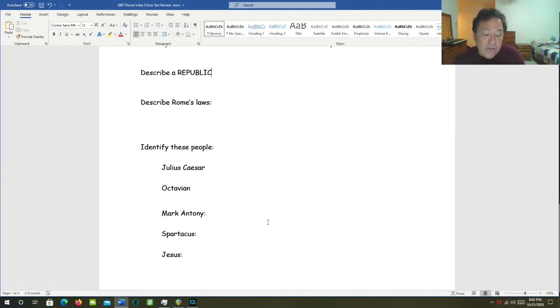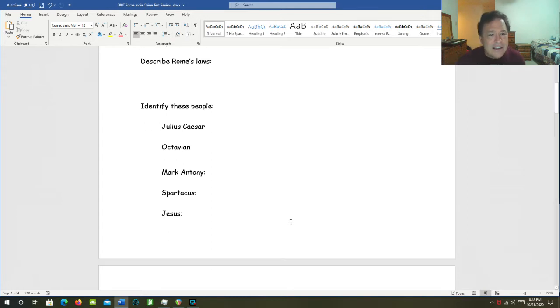And it has influenced our own legal system even today. For example, the 12 Tables proclaimed that a person charged with a crime was presumed to be innocent until he was proven guilty by the state in a court of law. And so this is a hallmark of our own judicial system.